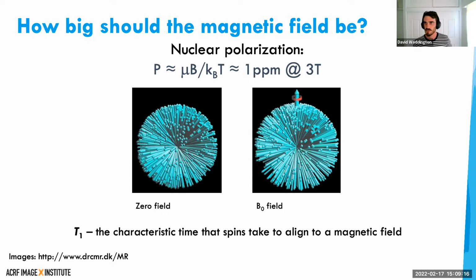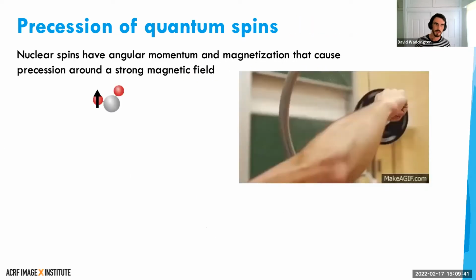Now, there are going to be 4 important properties here that I want to pay attention to, and that are really important clinically. And so the first of those is what we call T1. The T1 is this characteristic microscopic time that it takes for spins to align to a magnetic field. So we apply a magnetic field. How long does it take for those spins to settle into some state aligned with it? Now, the next thing is going to be